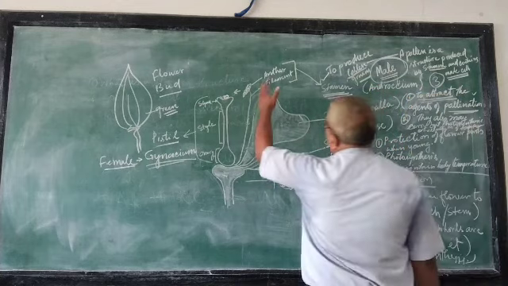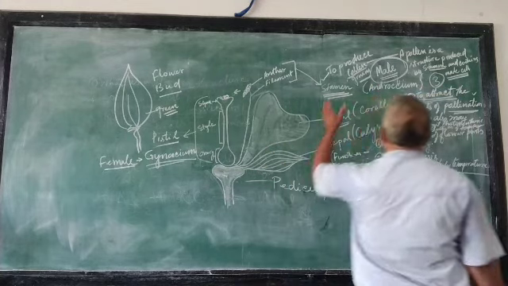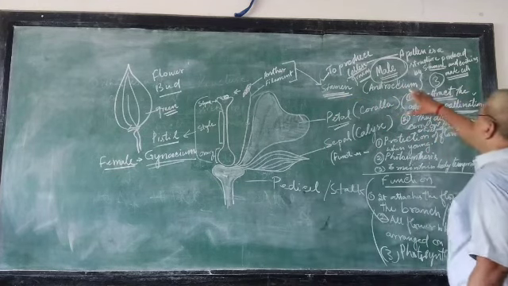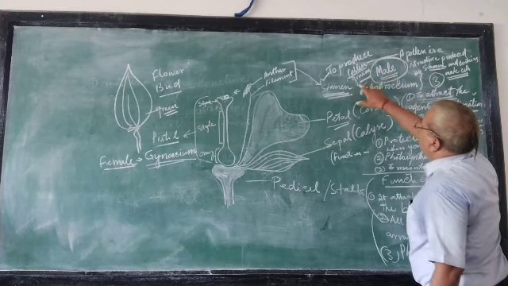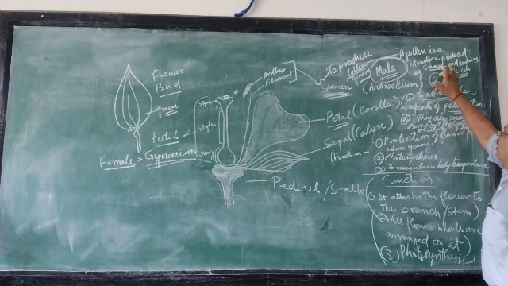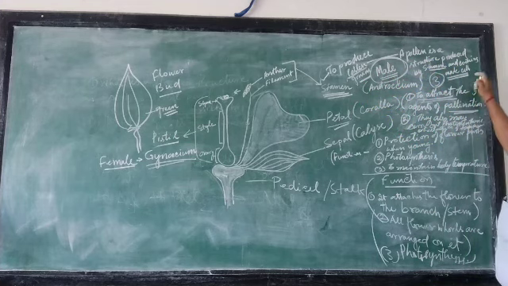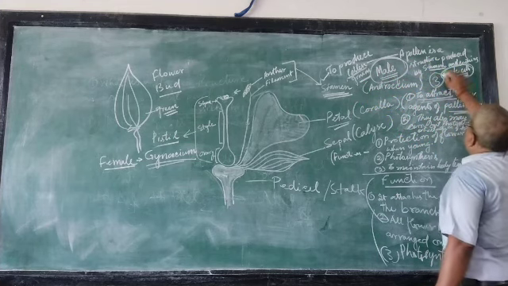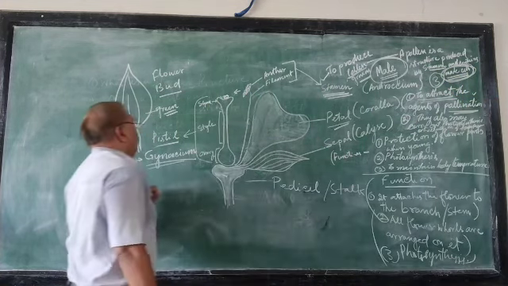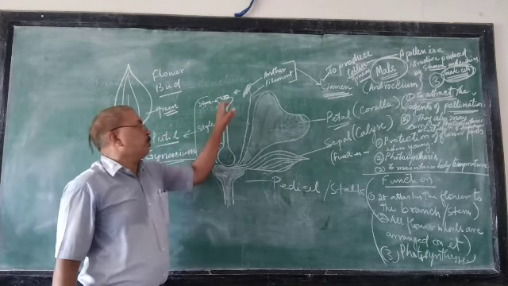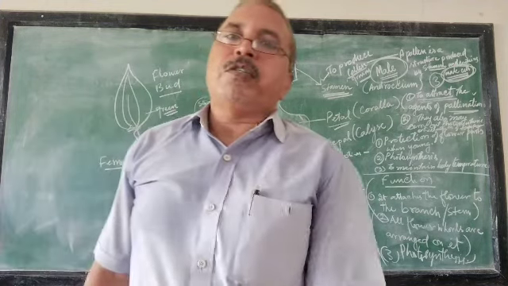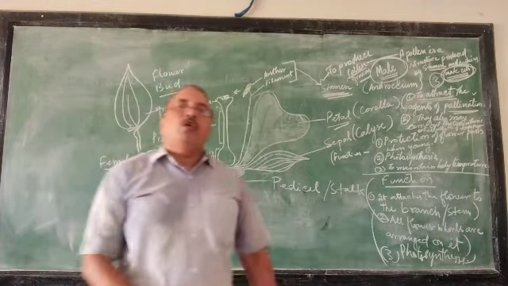Third come the anthers and filament. They make the stamen, the male part of the flower, and their main function is to produce the pollen grains. What are pollen grains? A pollen is a structure produced by the stamen and contains the male cell. Remember this. They contain the male cell. Next comes the female part of the flower, that is the pistil, and its main function is to receive the pollen grains from the anthers.